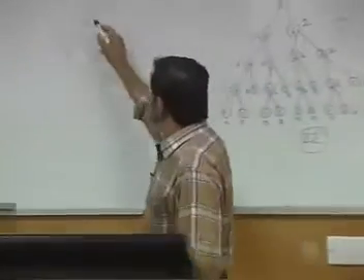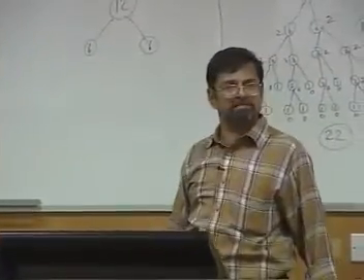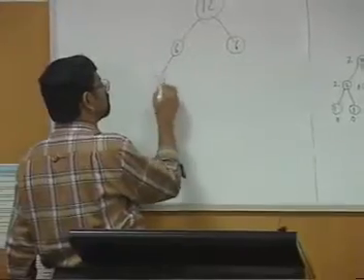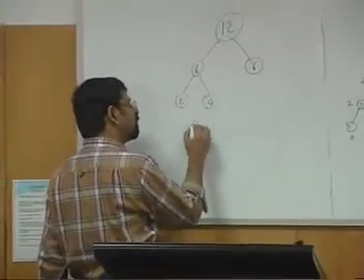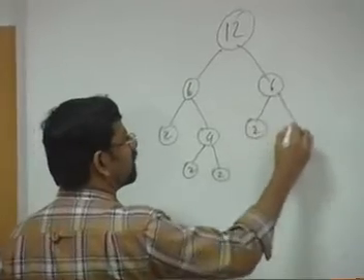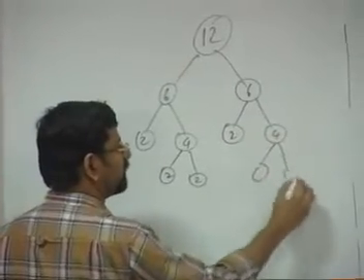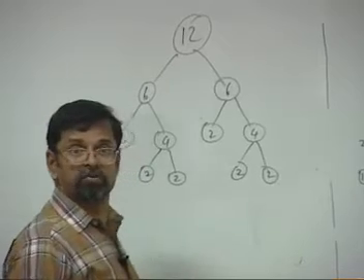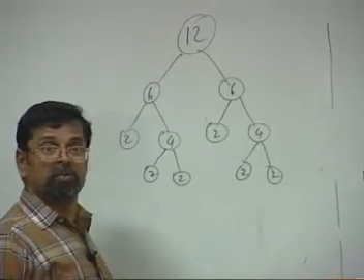So 12 I don't mind splitting into 6 and 6. But 6, when I try to see, I am getting odd numbers, so I am going to split as 2 and 4. 4 I don't mind splitting as 2 and 2. Similarly, now this is 2 and 4, and this 4 is split into 2 and 2. This is now wonderful. What is so good about it?